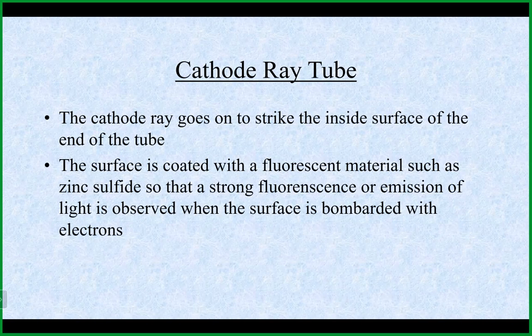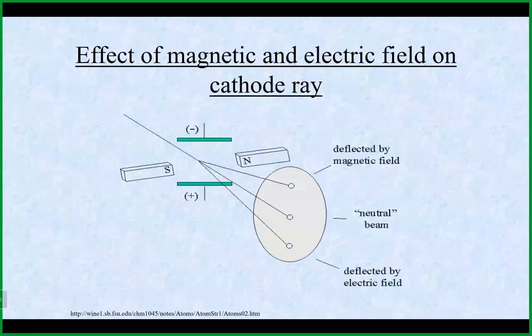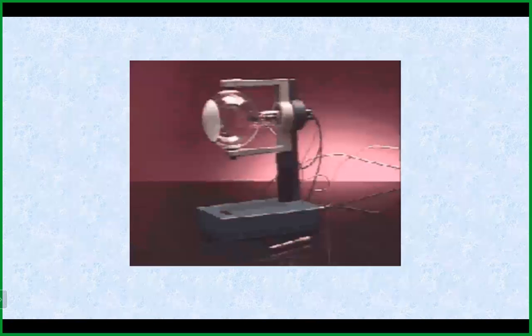So like I said, they would shoot an electrical beam that's negatively charged. Again, they use some type of fluorescent material so you can see the beam. Here again, our north and south pole in our electrical field. Neutral beam going straight through. Something tilting up towards the negative or north pole would be positively charged. Something coming down to the positive or south pole would be negatively charged. And that is a picture of a cathode ray tube. When this is turned on, you'll be able to see the little dots and stuff like that. I don't think I have it here to play, but I'll see if I can find it maybe